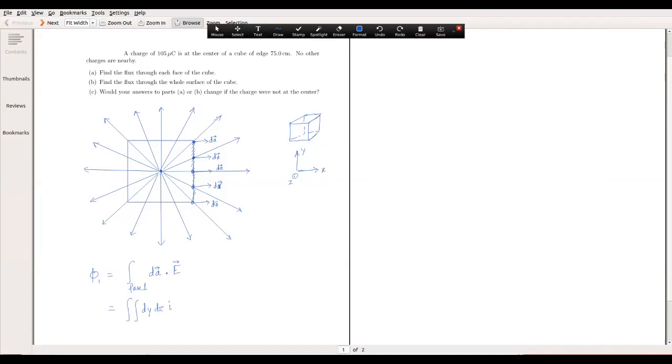So that's in the i hat direction. The area is all pointing in the x direction. So dA is, so I should write this down here, dA is dx times dy, and dy times dz in the direction of i hat. That's my dA, dotted with my electric field, which is